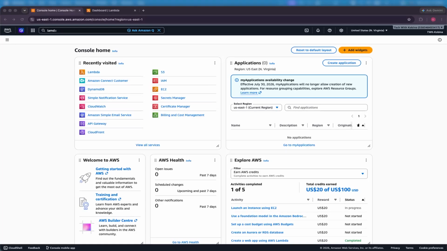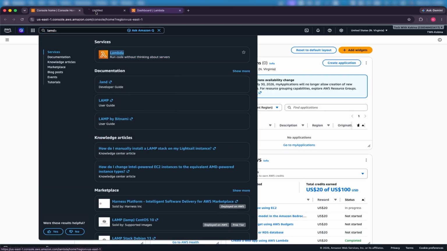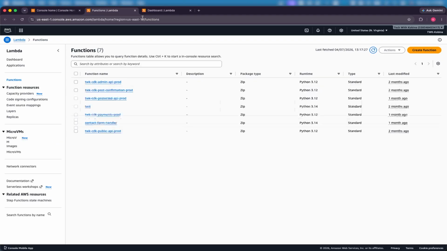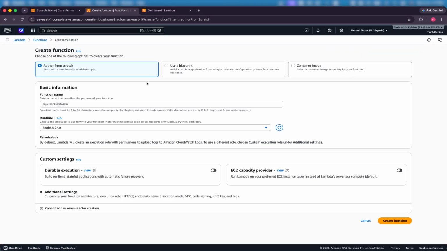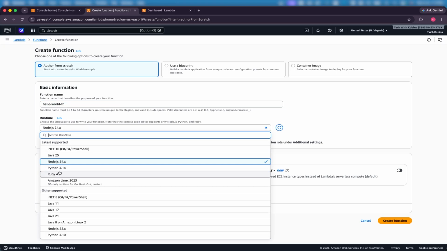So we are going to create our first Lambda function today as part of our serverless journey. To do that, just search for Lambda, and once you have Lambda, depending on the time you are looking at this, if this is your first time, just simply click on create function, and then I'm going to give my function a name. I'm going to call it hello world fn,